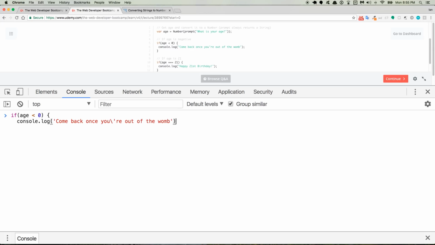And you'll notice I use a backslash because I like to use single quotes throughout, and so if you're using an apostrophe here, which is also a single quote, then you need to escape it with a backslash. Colt doesn't do that, he uses double quotes. Okay,